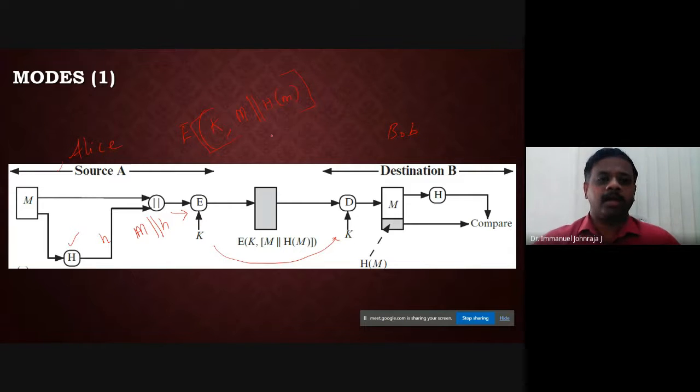Just to discriminate these two, the encryption is happening with the key K on the message appended with the hash. So this is what is encrypted. Let me say this encrypted message is C. So C is sent here. Now what happens? The outer function is the encryption, so you are supposed to go for the decryption. By giving the same key, decryption will reveal this combination: the message and the hash value H, which is actually the H of the message. Hope you are able to get this.